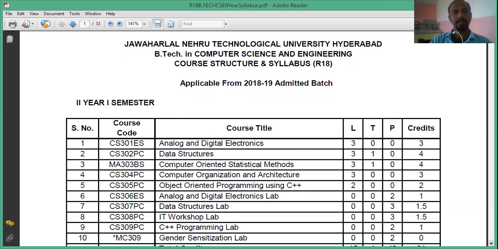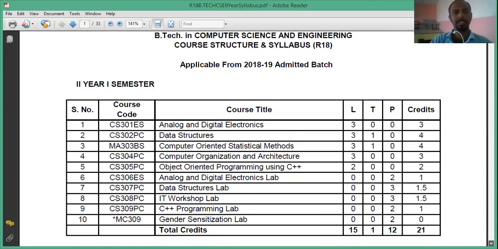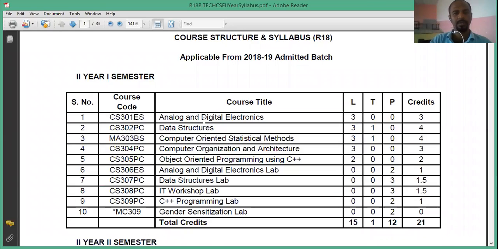So, this is the first subject that you can see in your syllabus, second year, first sem. This subject is associated with the lab. So some of the concepts you study here, you will practically do experiments on, verifying the results and understanding the concept more practically. All right. So let us go to the syllabus.